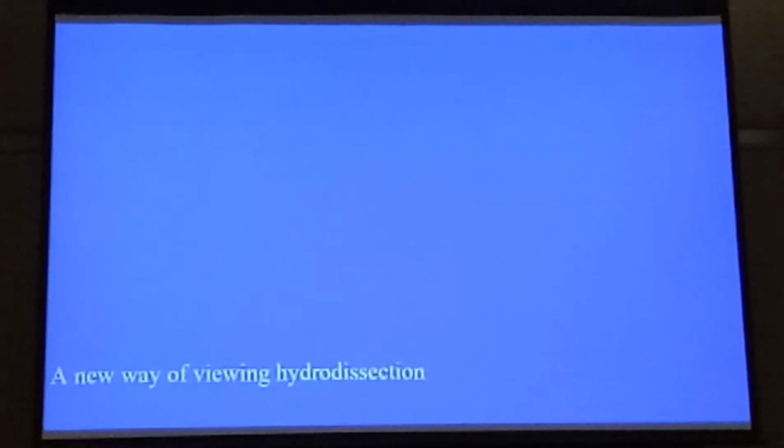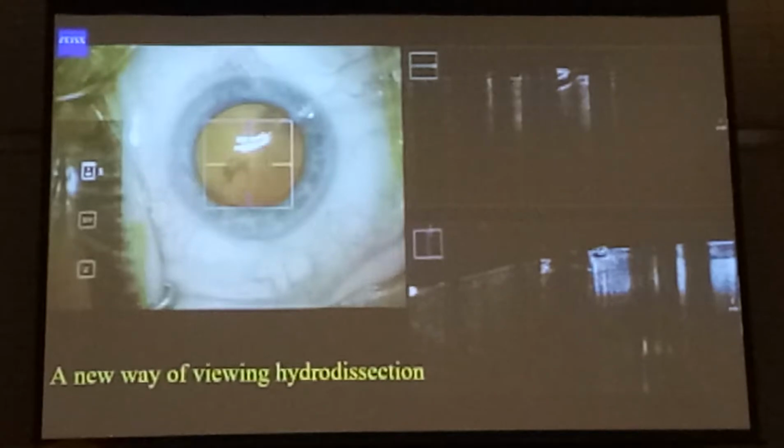Now I'm going to share with you a video clip that I'm sure none of you have seen before. Now let me ask you a question. When you hydrodissect, how much fluid do you think goes behind the eye to separate the capsule from the nucleus? Do you think there's a lot or just a very thin layer? Not sure, right? When you look at the fluid wave go, it just looks like a tiny little wave. So let me show you a live online OCT of this